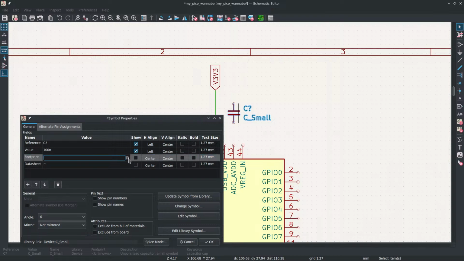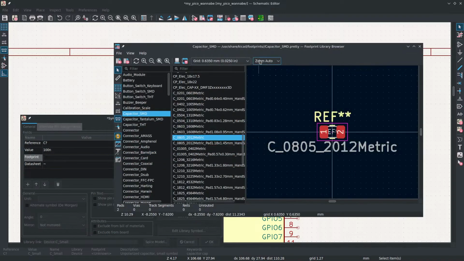Then I'm going to click this footprint field here, and the little book shows up to get to the footprint library. Oh, click the book. There's the little book that shows up when you click the footprint line. I'm very sad that my mouse isn't showing because it makes it really hard to show where that is. Is there anybody who can't get to the footprint library yet because that button's hard to see? All right, it looks like we're all good. So capacitor SMD 0805,